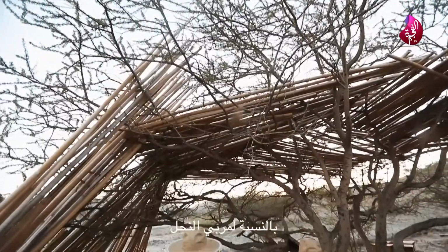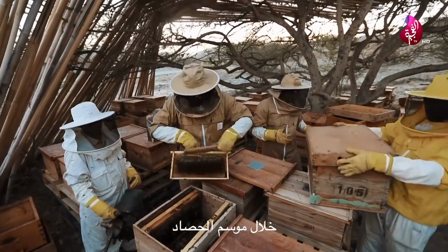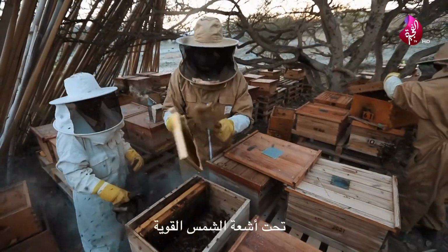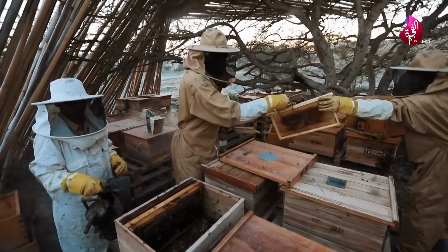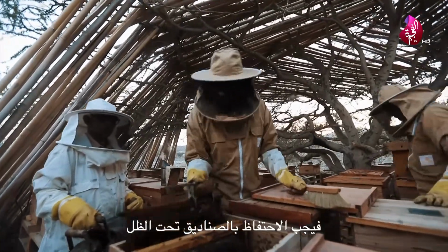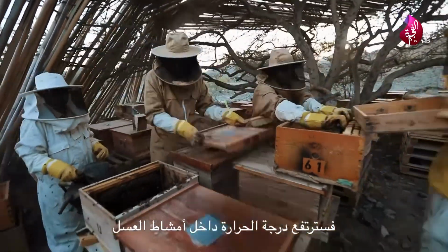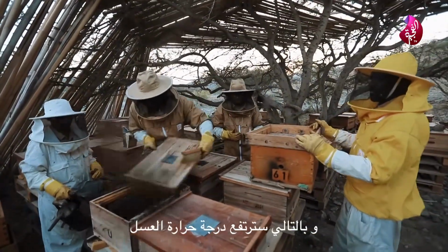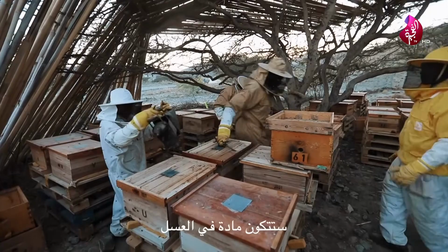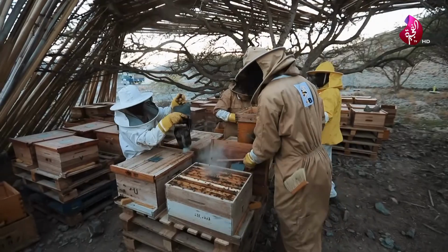For the beekeepers, one very, very important thing during the harvest: if you are harvesting the honey during the day under very strong sun, we need to keep the boxes under the shade. If not, we will have an increase of temperature inside the honeycombs and consequently inside the honey. And this creates a substance in the honey called HMF, which is